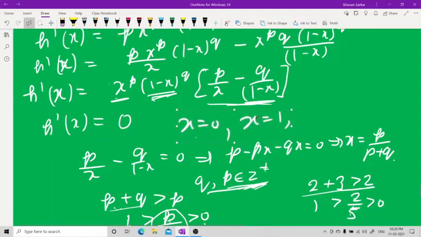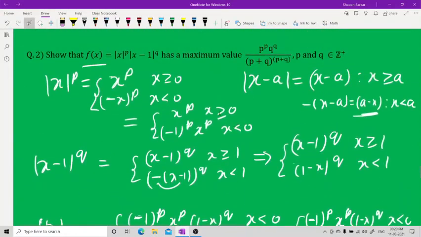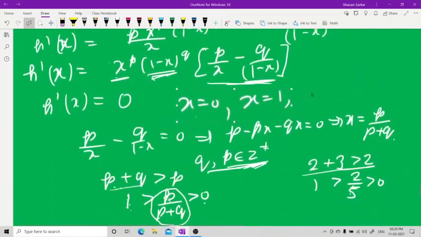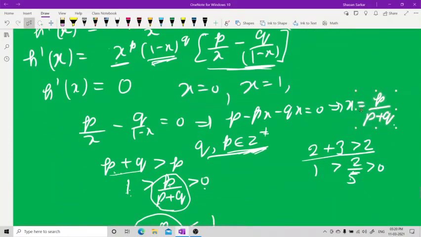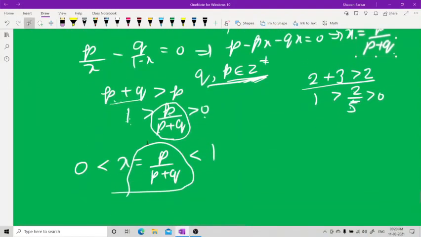I am asking, the question is asking that there always has a maxima. At which point is there always a maxima? See the question, question C: it has a maximum value for which values of p and q? Always you will have. So this is that x, this is that x for which you will always have maximum and minimum. Always have a maxima. Let us see how. I hope you understood this point concept, this p and q, why p and q.